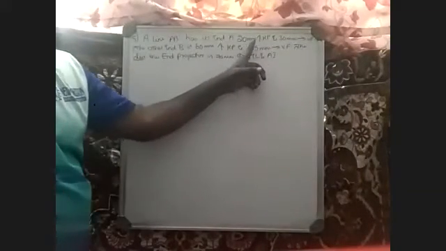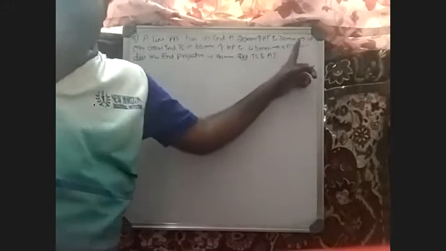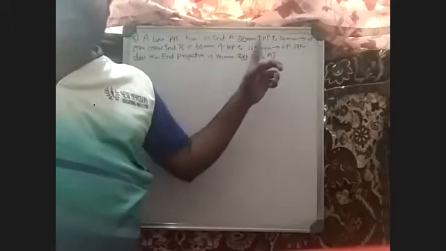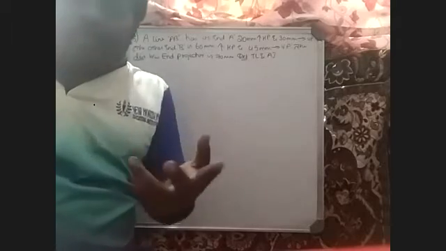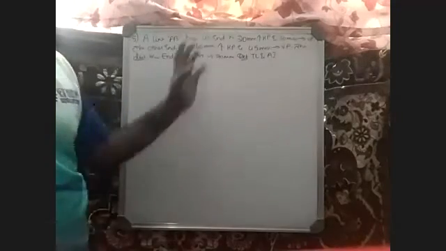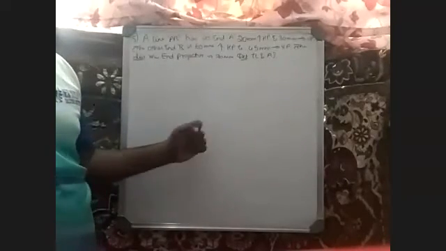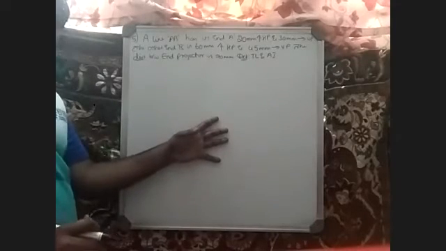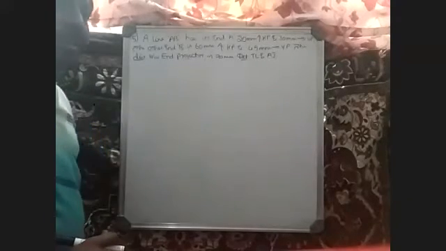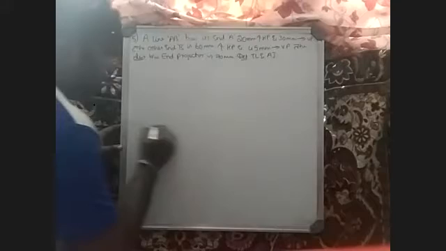End A is 20 mm above HP and 30 mm in front of VP. This is in problem 5. In problem 6, instead of 30 mm, they have given 15 mm in front of VP. That's all. Remaining all is the same. So just observe how to solve this problem. Same thing. Finally, you are going to get the same answer, but the approach to that answer is completely different. Just observe. To draw a line.